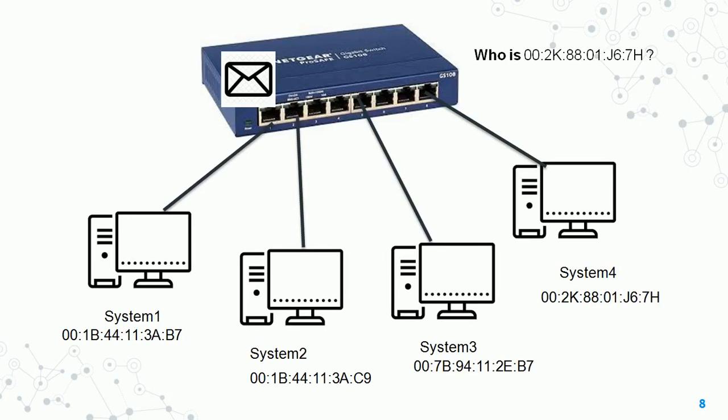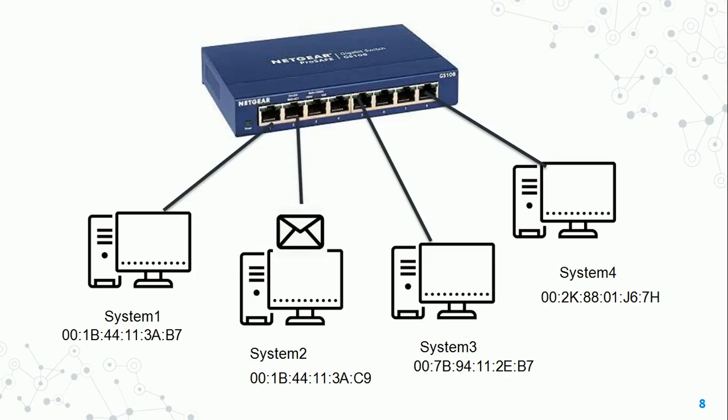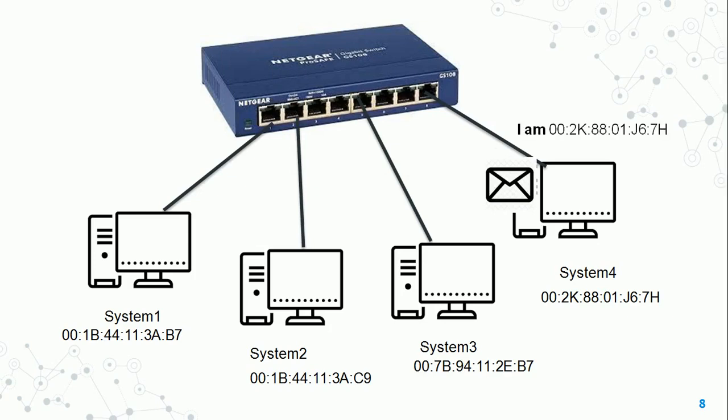First, the data reaches the switch. It asks, who is the MAC address for system 4? First, the packet is sent to the other ports of the systems simultaneously. After it reaches system 4, it replies, I am the MAC address for system 4. The response is sent to system 1. This way the packet travels along the switch.